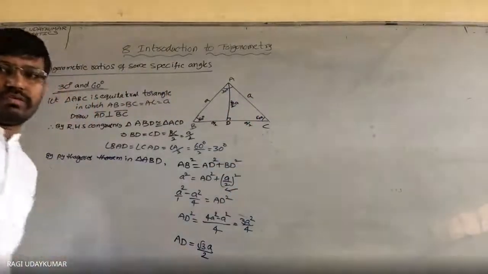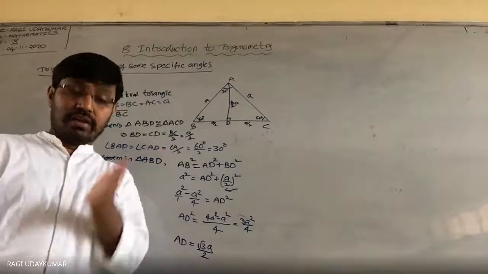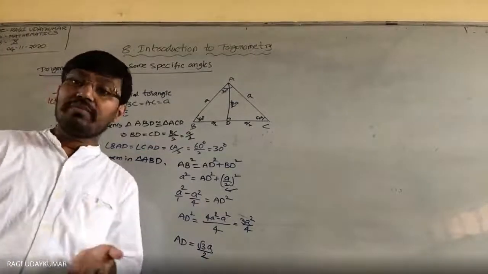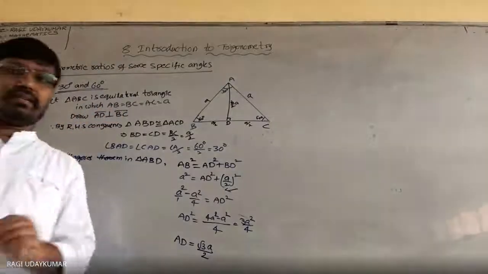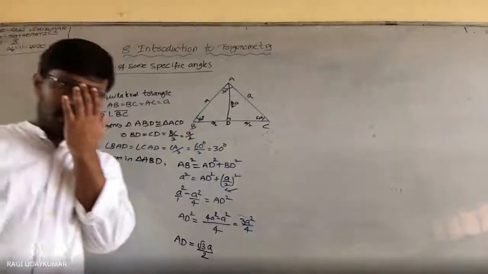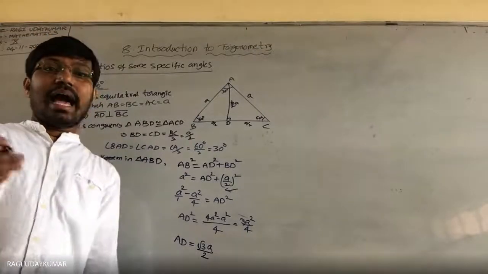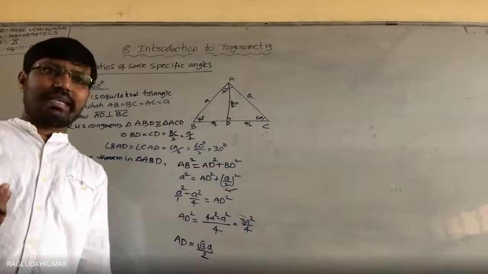What is this one, you know? In the triangles chapter we have already learned the height, the altitude, of the equilateral triangle. With the help of that, in the Pythagoras theorem problems where we solved asking you to find the altitude of the equilateral triangle, I have explained this to you.